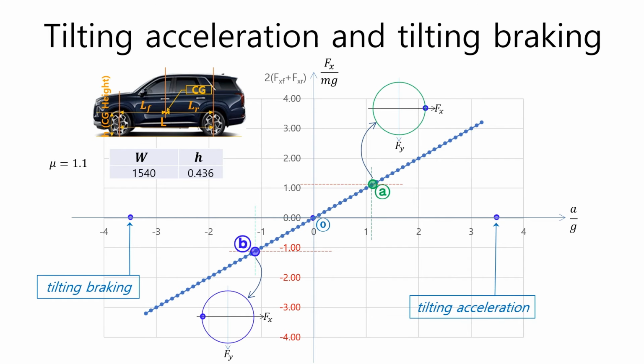This figure shows the friction limit in the braking and acceleration and also the tilting braking and tilting acceleration of a sample vehicle. This SUV vehicle has the same wheelbase and CG height as those in the previous slide. LF equals LR. The vertical axis represents the entire friction force produced by all four wheels, and the horizontal axis shows the G unit. As you can see here, when the friction coefficient equals 1.1, the front tires use up all the